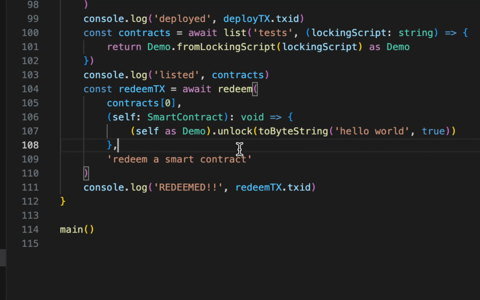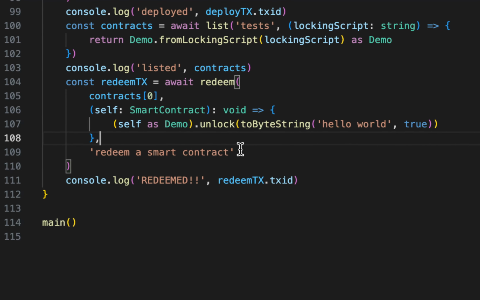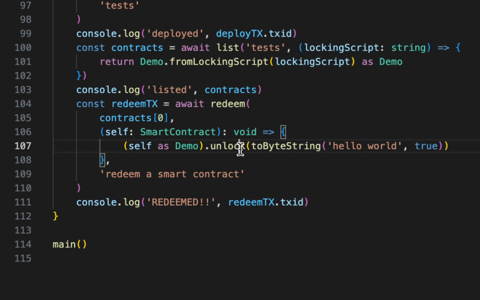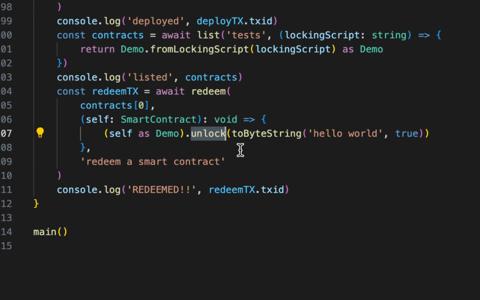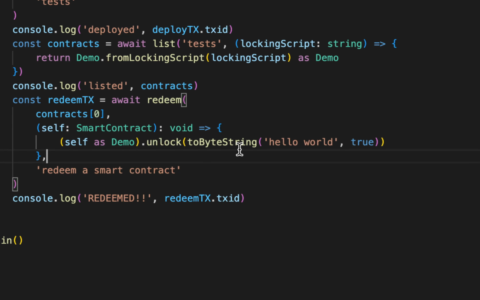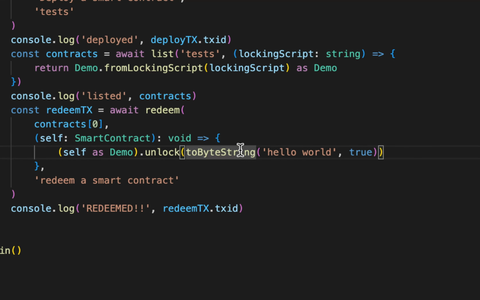And then we move to line 106, and what we're saying here is we're passing in this function to redeem, and it transforms. That's the redeem transformer. So it takes the contract itself as an input, and it's just going to go ahead and call the function on that contract. In this case, the unlock function, which we're calling on line 107 here, with the correct value to actually unlock